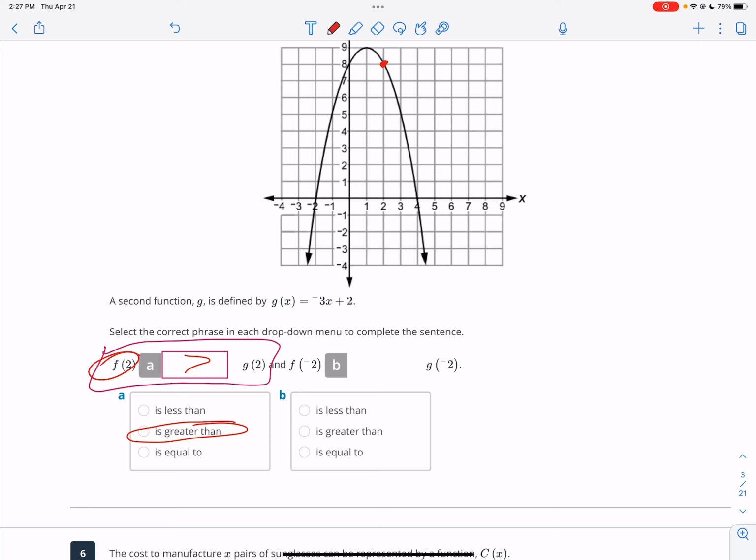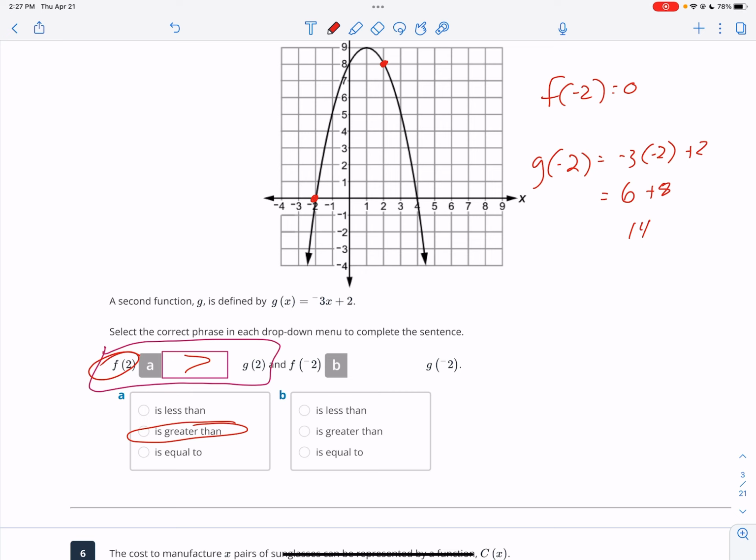So in that case, we're looking at f of negative 2. Just look at the graph. It's 0. f of negative 2 equals 0. And g of negative 2 is equal to, just plugging it in, negative 3 times negative 2 plus 2. Negative 3 times negative 2 is positive 6. So it's 14. g of negative 2 is 14. 14 is definitely greater than